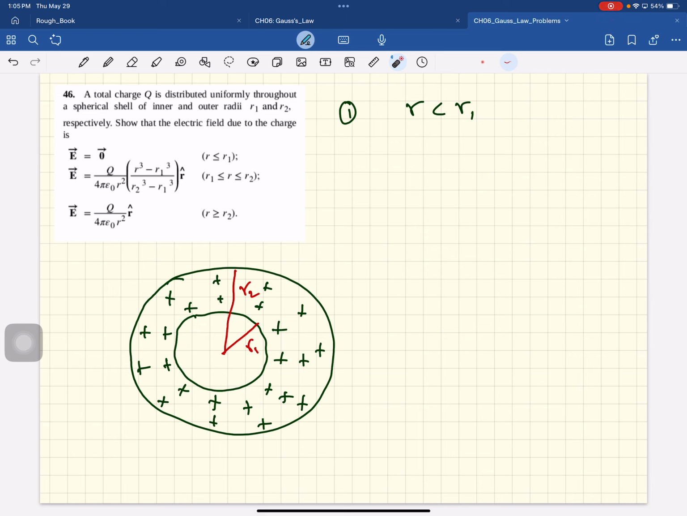Did you guys understand that? So you draw any Gaussian surface,